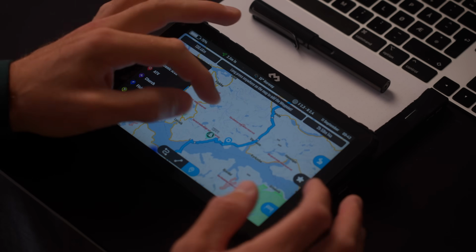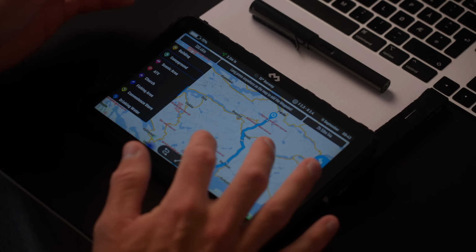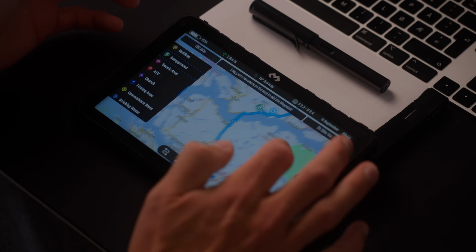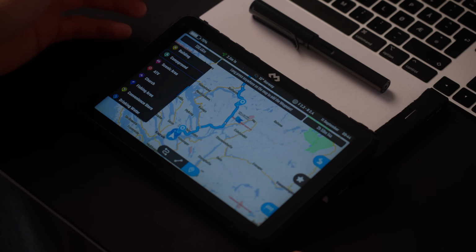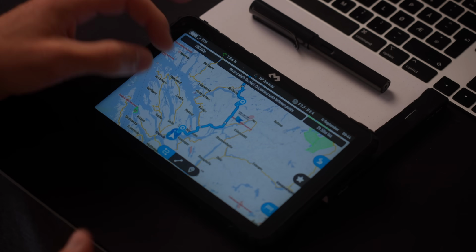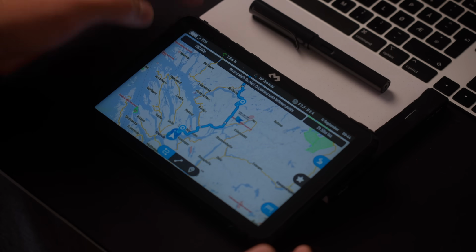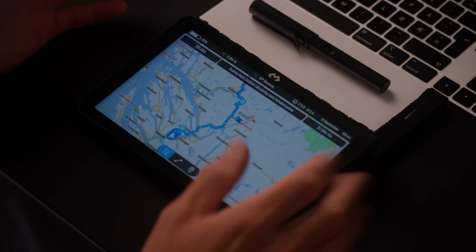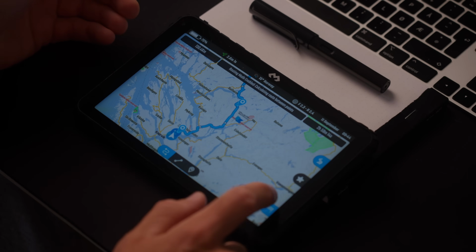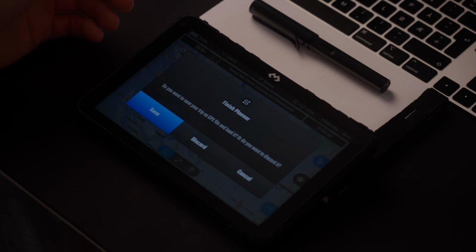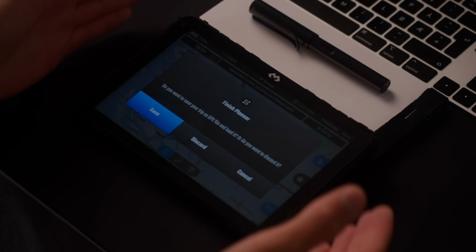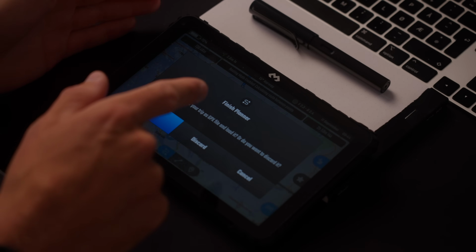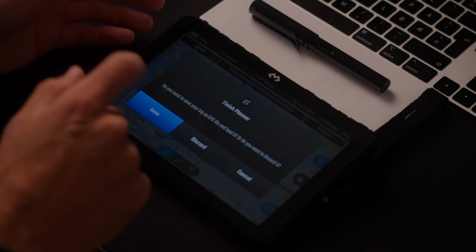You can really be specific and go into details to plan your route, or you can just leave it as a trail on a map. And I'm happy with this. It is 130 kilometers. It takes approximately 3 hours to ride. So I press the finish button. And I get the option to save the route, and if I want it to be loaded on the DMD2. So I just save it,